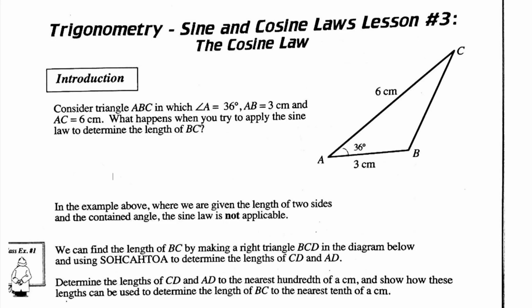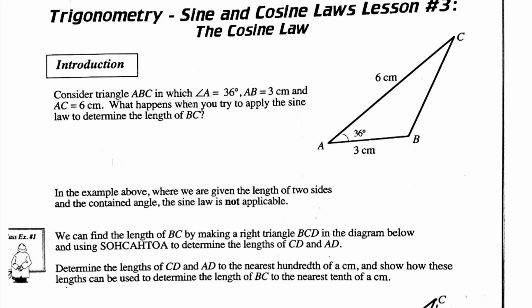So that's where the cosine law is going to come in, and that's what we're talking about in this lesson. It's honestly one of my favorite formulas to use because it's basically the Pythagorean theorem on steroids. Anyways, let's just get into an example. So this is our triangle ABC. They give you two sides, 6 and 3, and an angle in between them, 36 degrees. They want you to find the length of BC, which if we use the notation from last class, would be